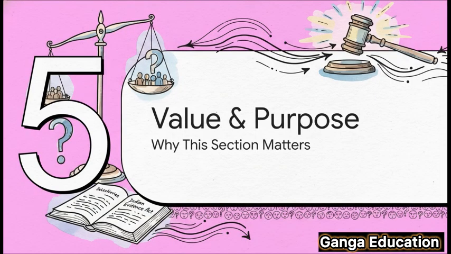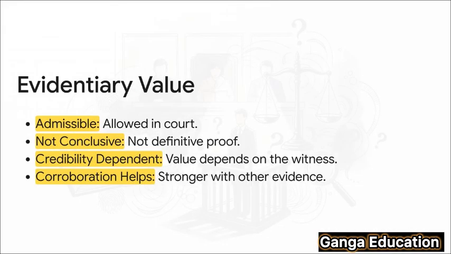तो अब सवाल ये उठता है कि आखिर कोर्ट में कैरेक्टर एविडेंस की वैल्यू क्या है, उसकी एविडेंशियरी वैल्यू कितनी है, और इस सेक्शन का असली मकसद क्या है? व्हाई डज़ इट मैटर सो मच? देखिए, ये समझना ज़रूरी है कि कैरेक्टर एविडेंस कोर्ट में एडमिसिबल है, यानी उसे कंसिडर किया जाता है, लेकिन ये कंक्लूसिव प्रूफ नहीं है। इसकी वैल्यू विटनेस की क्रेडिबिलिटी पर डिपेंड करती है, और अगर उस टेस्टिमनी को सपोर्ट करने के लिए दूसरे एविडेंस भी हों, जिसे हम कोरॉबोरेशन कहते हैं, तब इसकी इंपॉर्टेंस और बढ़ जाती है।